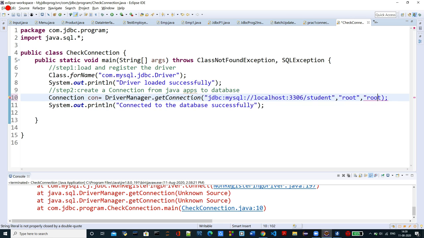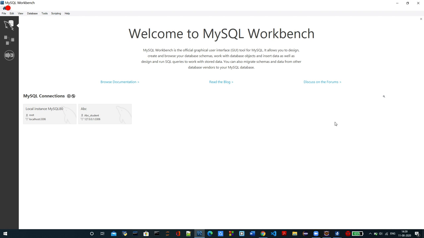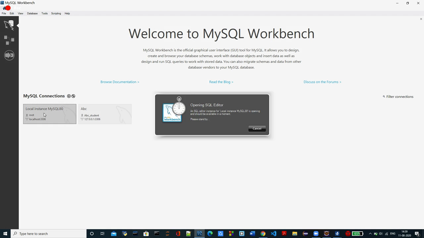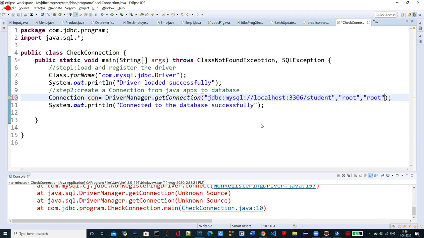So my username is root, and then password is also root for MySQL. You can check here. It is asking me for a password here, so that I need to provide in that.